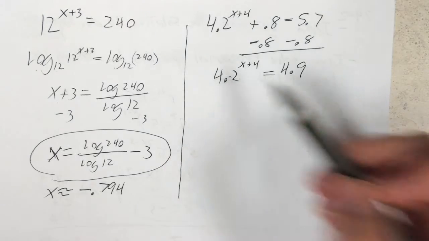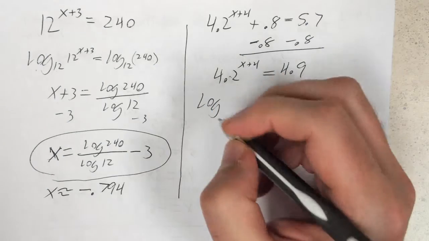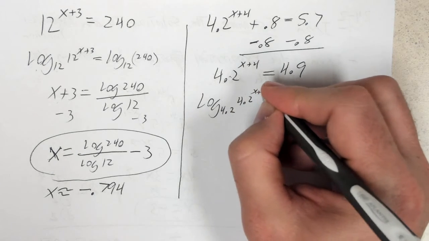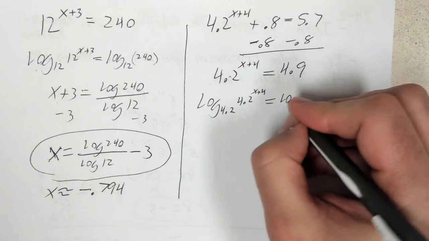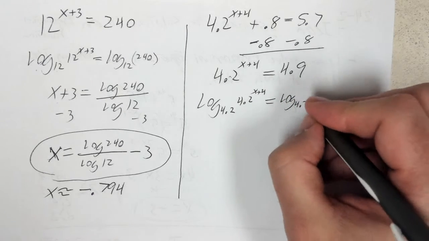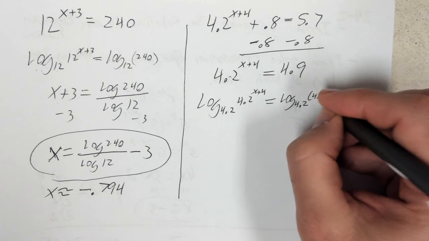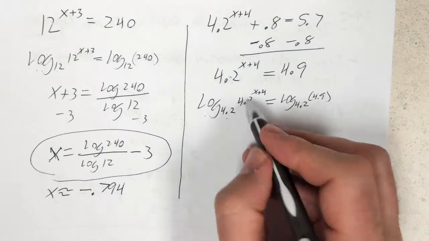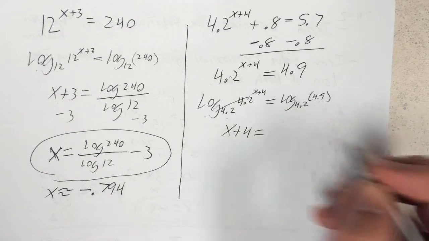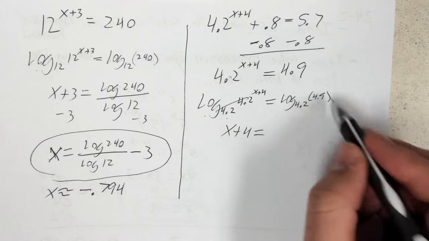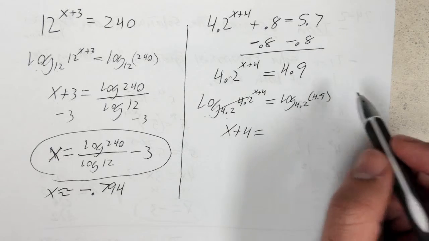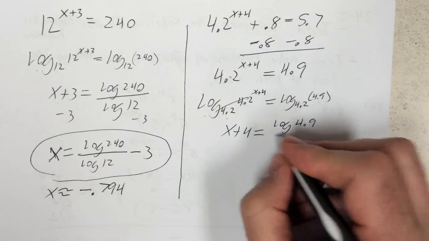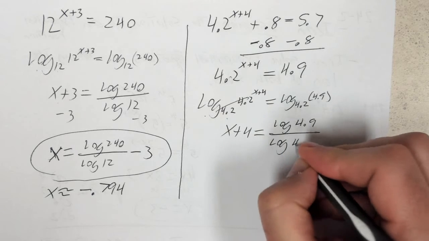All right, once we've done that, we can get rid of this exponent by log base 4.2 of 4.2 to the power of x plus 4 equals log base 4.2 of 4.9. Right, we did the log base 4.2 to both sides. It cancels out here, so x plus 4 is equal to that. And if we want to go ahead and write that in change of base, log of 4.9 divided by log of 4.2,